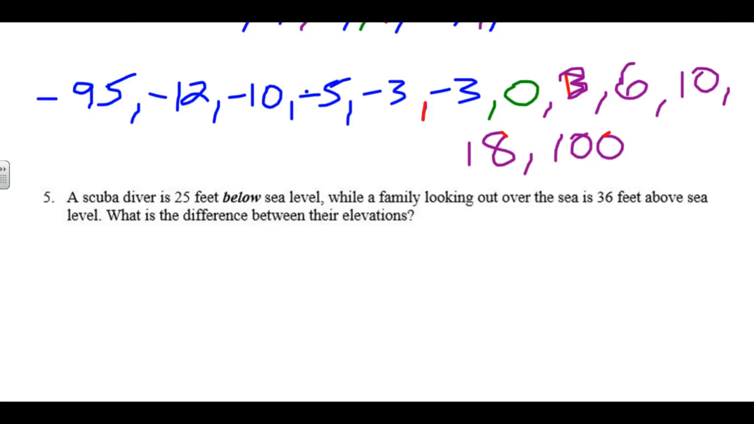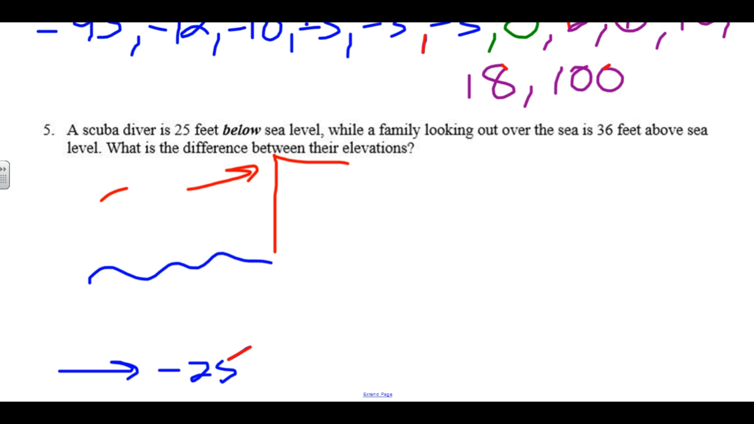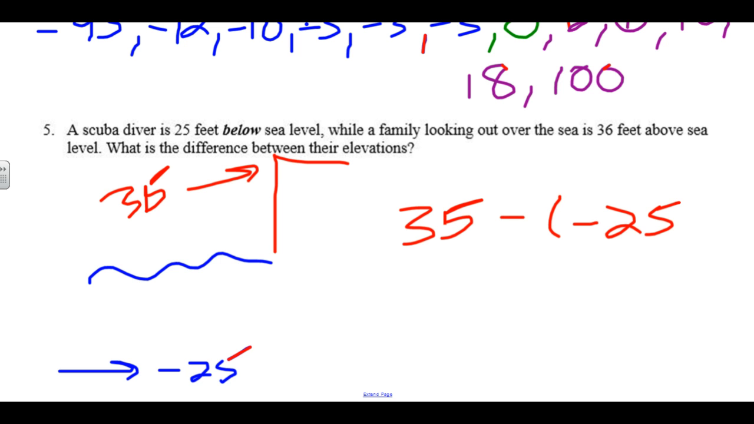And finally, a scuba diver is 25 feet below sea level. So he is down here at 25 feet below sea level, which is negative. A family is looking out over the sea at 35 feet above sea level, which is a positive 35. What's the distance between their elevations? Well, we just find the difference between what their elevations are. 35 minus negative, or rather 36, I should say, minus negative 25. Keep, change makes that 36 plus 25, which is, sorry, not 51, but 61